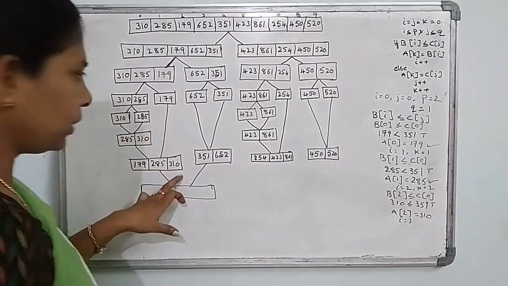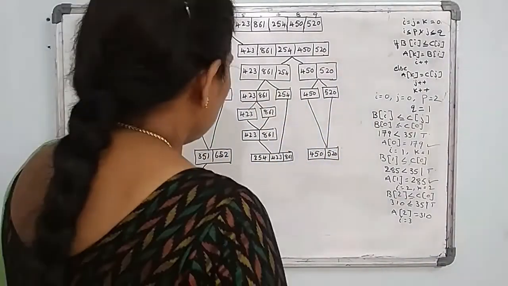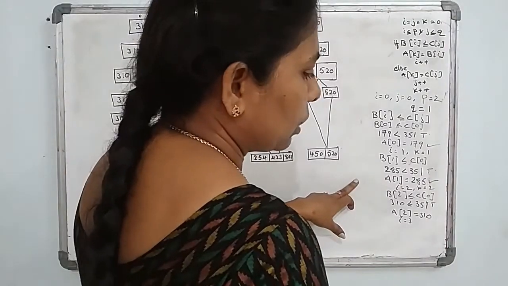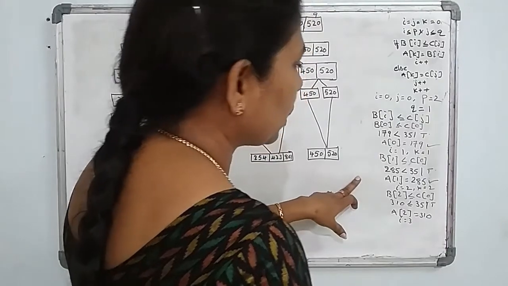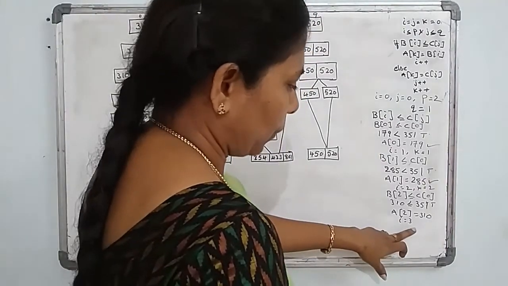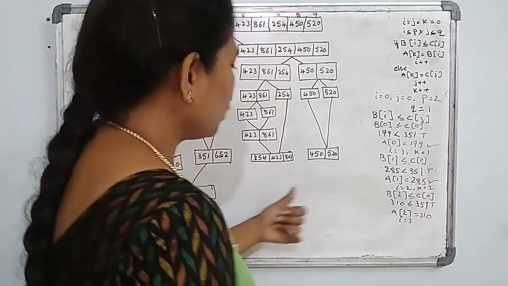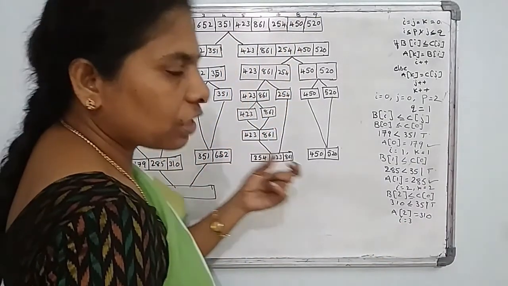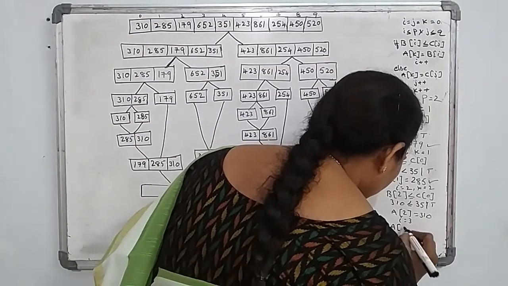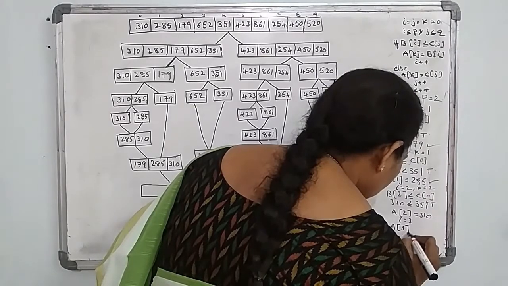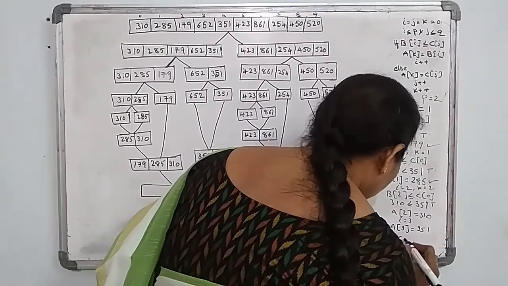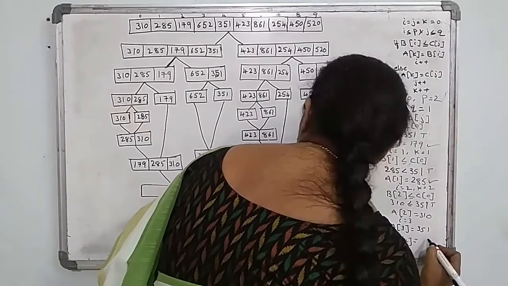But the array is completed. So in that case, I equal to p, then we can go to the next process. If I equal to p, then you can copy the elements of this. But here I is not equal to p. So you can come to the next part. That means you can copy the elements of C to this one. That means A of 3 equal to 351, A of 4 equal to 652.